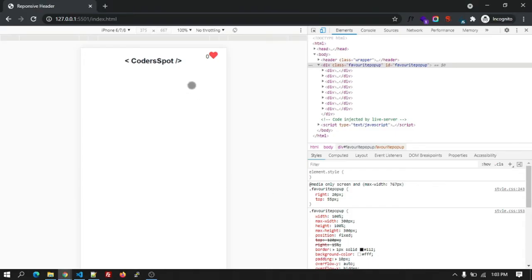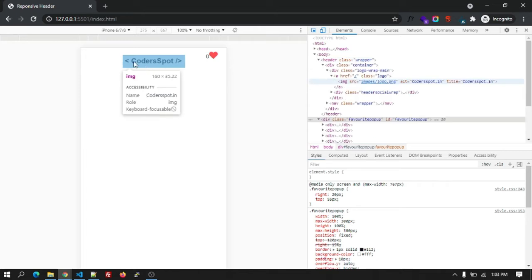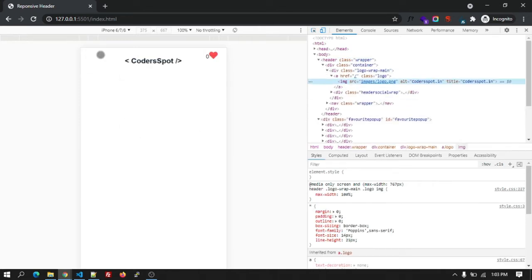So after that, we are going to add the hamburger menu for the mobile device. Okay. So let's have a look at how we are going to add it.